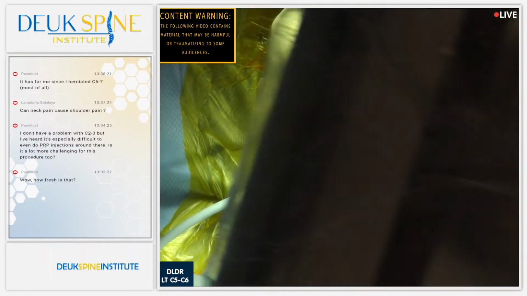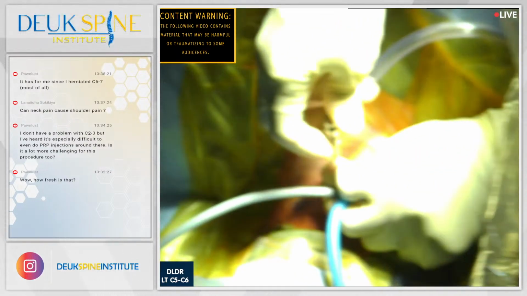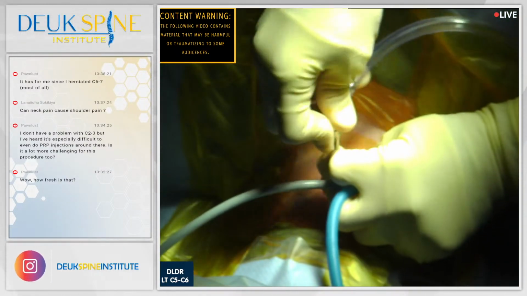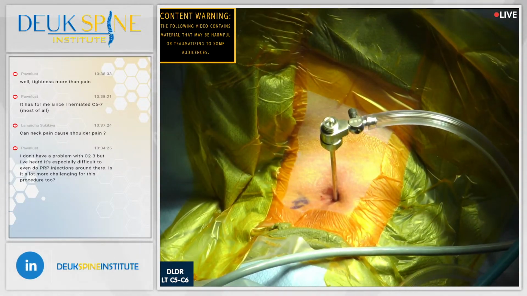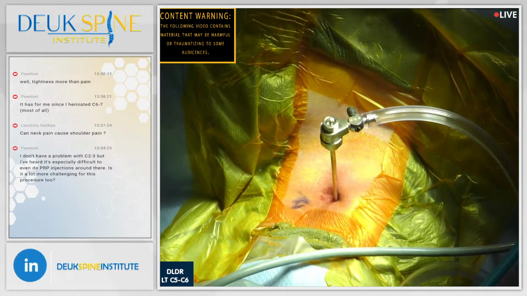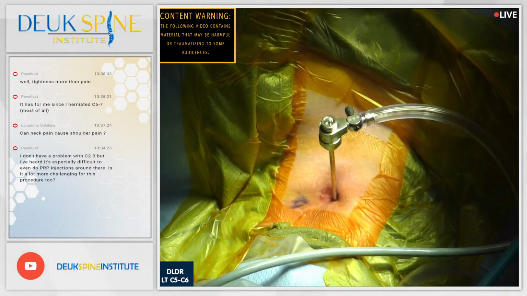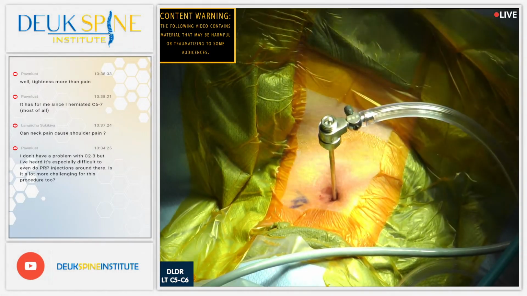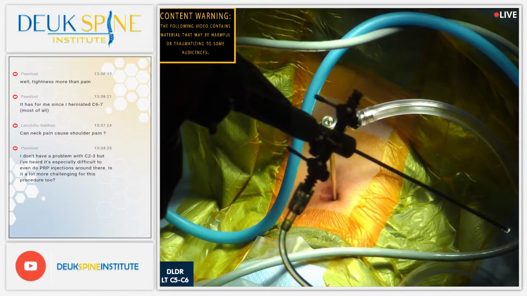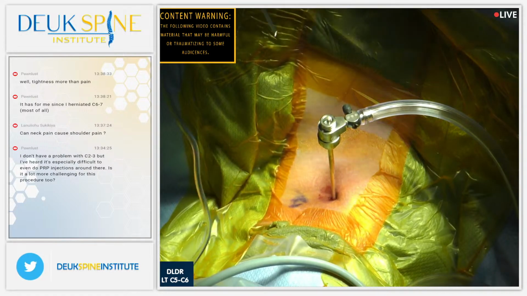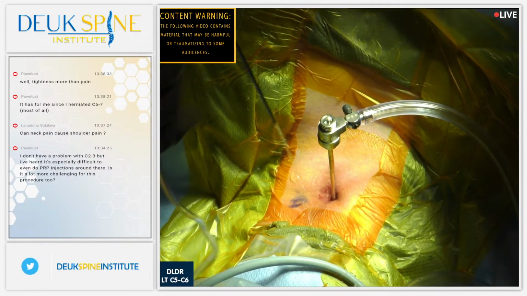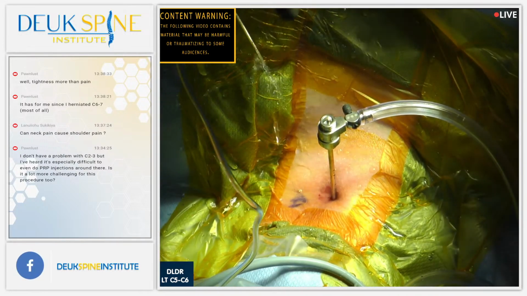First question from Pawn Lust asking, wow, how fresh is that? Yeah, Pawn Lust, this is a fresh herniation because it's under so much pressure. You don't see that with the old dried out, degenerated disc. You see it with the more acute herniated disc. So it's fresh. It's like now. It's happening today. This is an active war zone, basically. This is not a burnout war zone. This is an active war zone. We're not talking about guerrilla warfare here. We're talking about full-on,